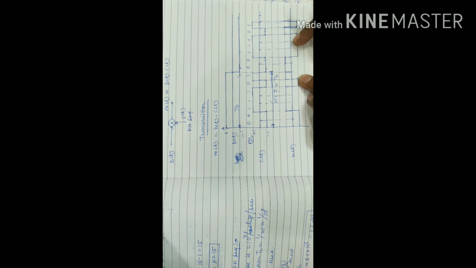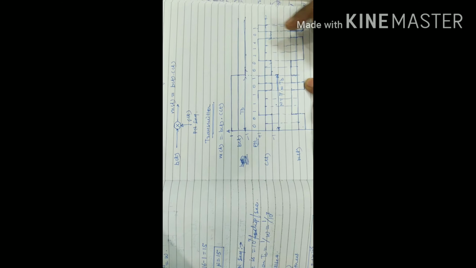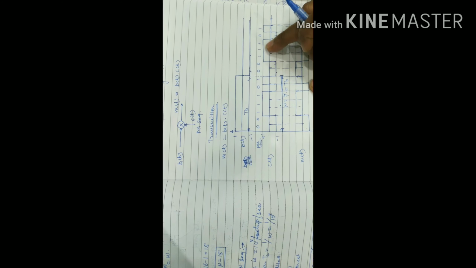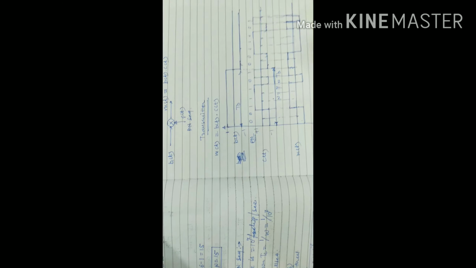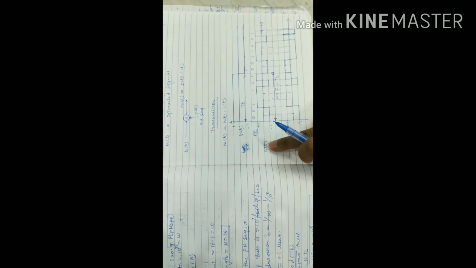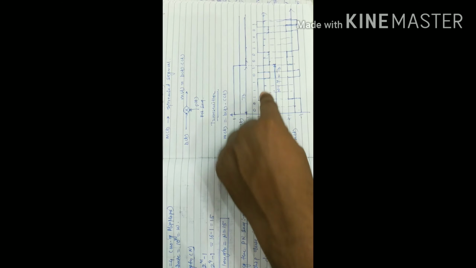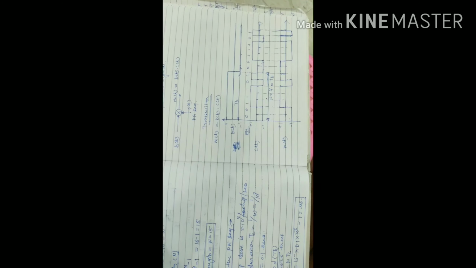If you see this particular signal, it is the replica of this, that is the mirror image of the c of t over here. Here we have -1, here we have +1, here we have +1, here we have -1, here we have continuous 3 ones, here we have continuous 3 -1s. So it is basically reversed. So this is the final waveform for the m of t, which is obtained by multiplying b of t with c of t. If the value of b of t is +1, then we will get the same value of the c of t, and if the value of b of t is -1, then we will get the reverse version of the c of t, as shown in this diagram.